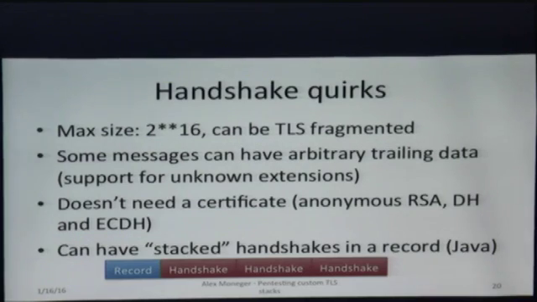There's all this weird stuff which is never used, but you can do anonymous RSA, DH, and ECDH, where basically the server side will generate keying material on the fly, right? It will generate a certificate on the fly for you. And also, this is a really weird quirk, and it's a real pain to implement and to parse, but you can have stacked handshakes, basically, which is,